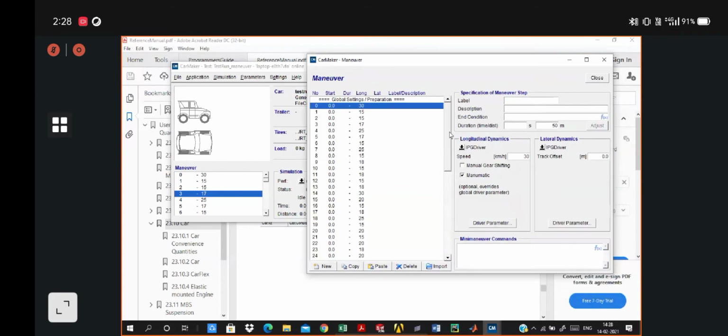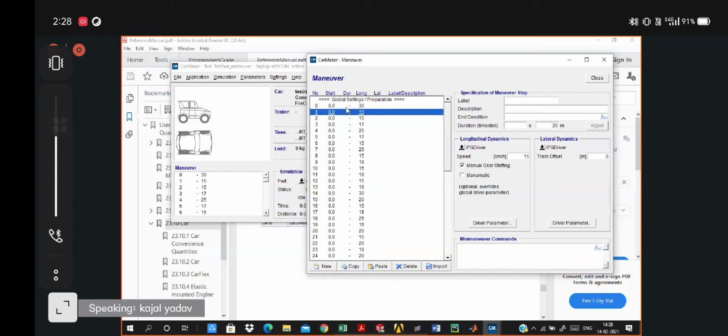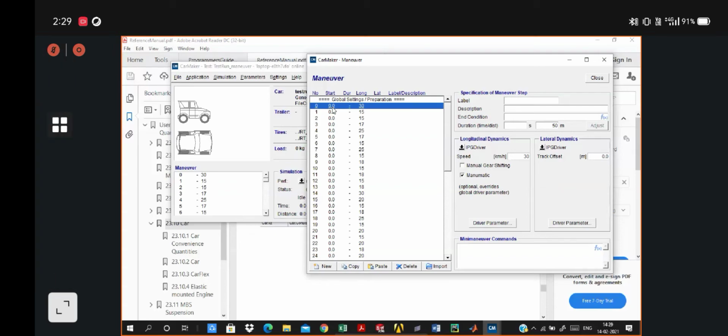You have to keep your designed track in mind, whatever the size or length of your track, the turning radius, the track width, and the design of your vehicle. You have to keep all of those things in mind while giving your maneuver steps here.